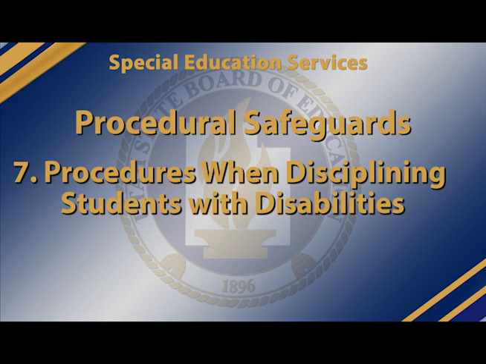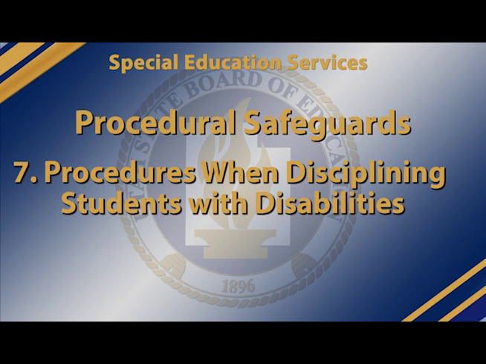Manifestation determination. 34 CFR 300.530. Within 10 school days of any decision to change the placement of a student with a disability because of a violation of the Code of Student Conduct, the LEA, the parent or adult student, and relevant members of the student's IEP team, as determined by the parent or adult student and the LEA, must review all relevant information in the student's file, including the student's IEP, any teacher observations, and any relevant information provided by the parents or adult students